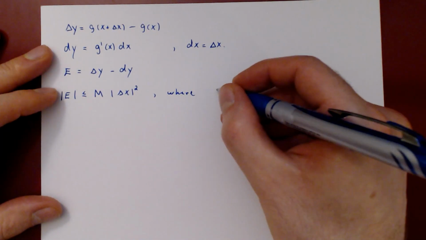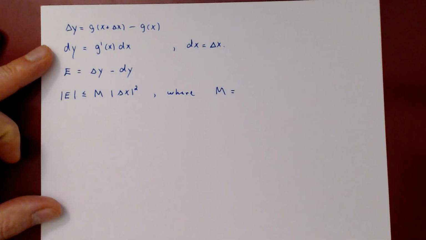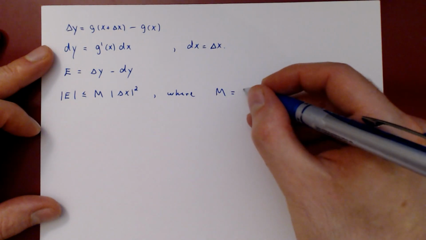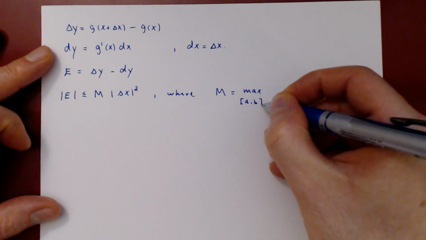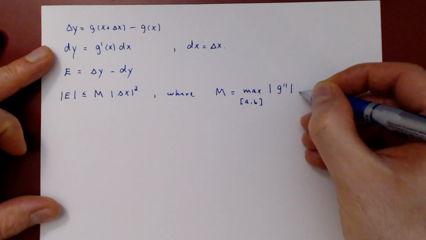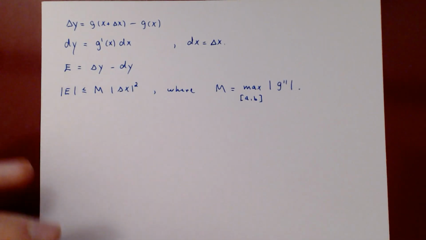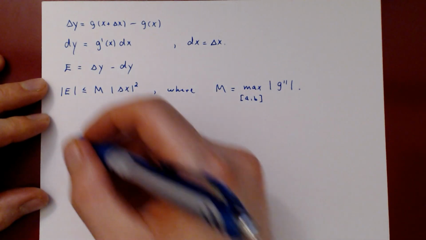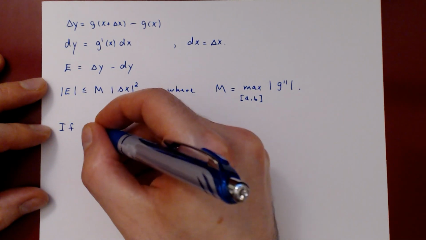So we can write this nicely as where m, again because we assume the second derivative of g was continuous on the interval from a to b, so m is the maximum over the interval from a to b of the absolute value of the second derivative of g. And this is interesting because it tells you that the error is very small, right? If delta x is small, this is the main comment. If delta x is small,